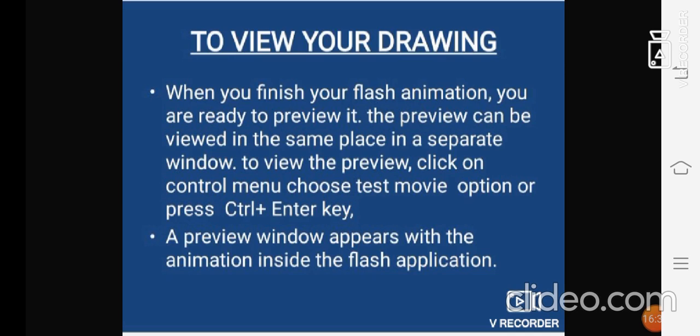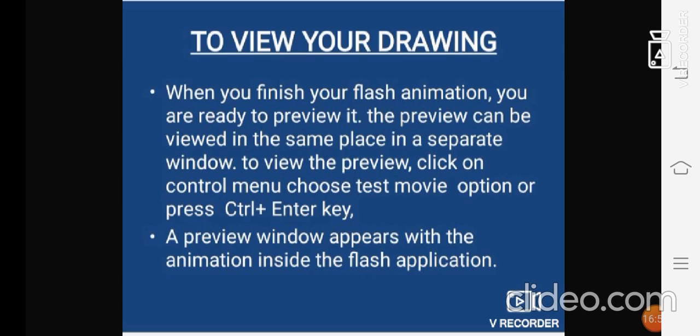Till now we have completed the brush tool, paint bucket tool, free transform tool, line tool, gradient transform tool, lasso tool, ink bottle tool and all. So we are done with all these things.